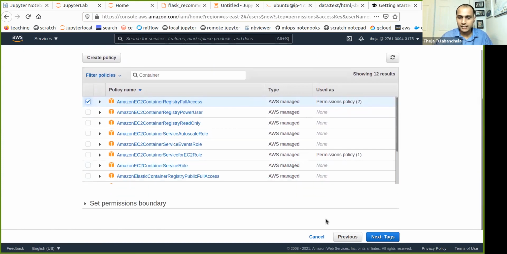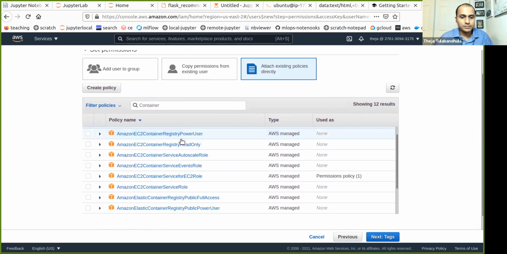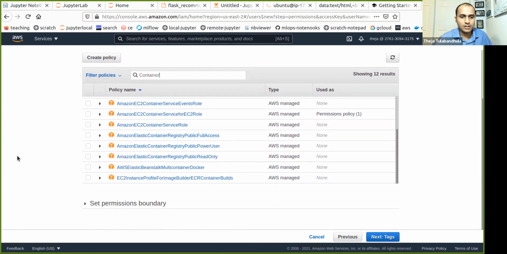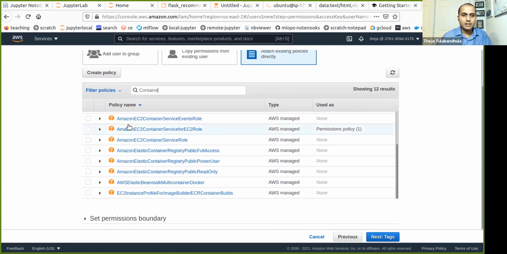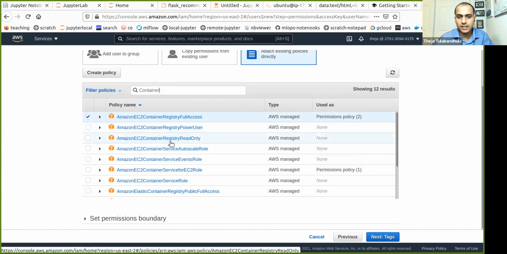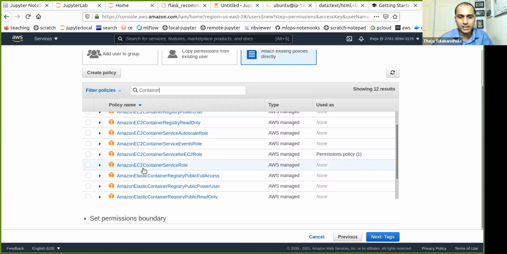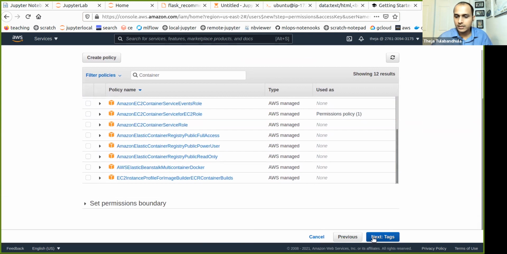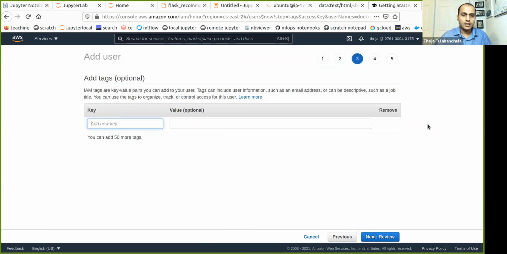Okay, let's just enable this. Okay, we have enabled this. Other ones, I don't know, I don't think we need them. Okay, let's actually just do next.